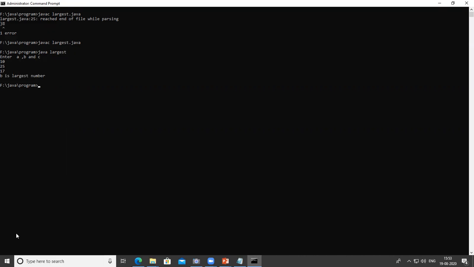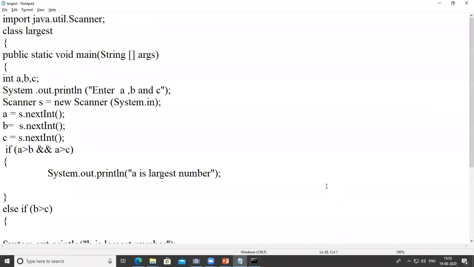In switch, it is also similar to the if statement. The only difference is that in switch we can check the case at a time, and switch executes faster as compared to the if statement.